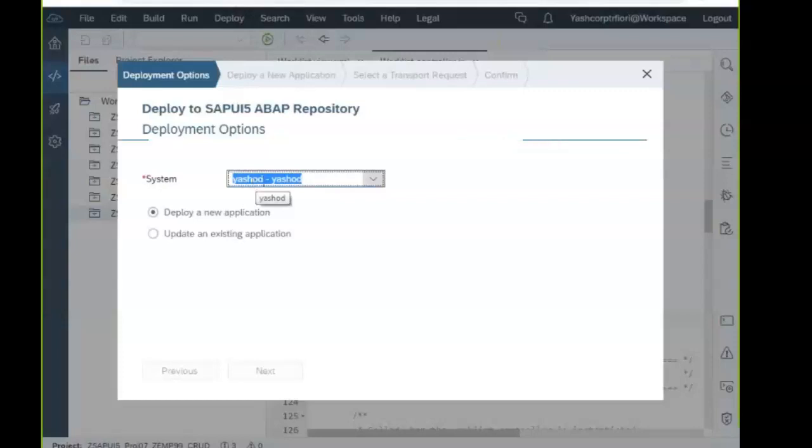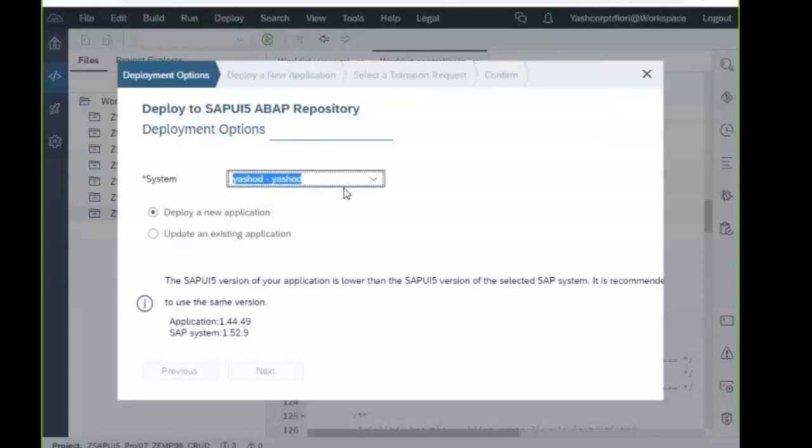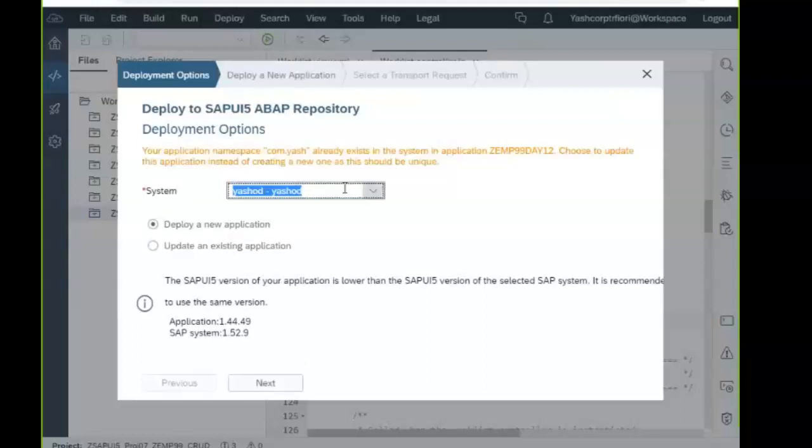There is a system already configured to the Web IDE, the SAP HCP. Now you can see the system has the UI5 libraries with 1.5. I have created the application with 1.4, so not a problem. I'm deploying the new application.